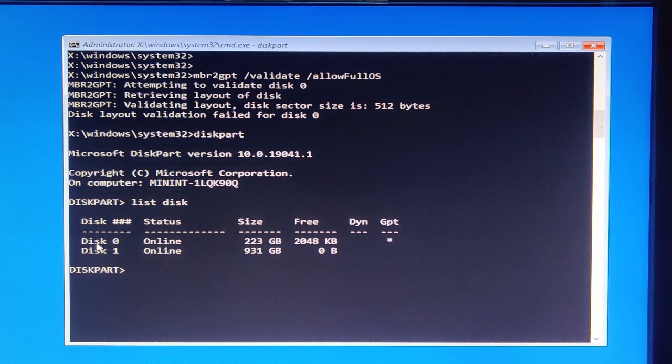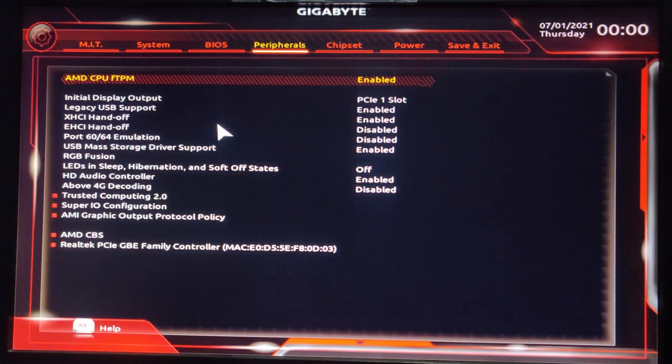Okay, so now let's go back to our BIOS and enable the secure boot from the BIOS section. We have already performed step 1, that is enabling TPM, and the second step, that is converting MBR to GPT. Do remember that this change has to be done only by those whose hard disk supports converting MBR to GPT partition style. If you're already in the GPT format, then you don't have to do this step. In the third step, you will have to enable the secure boot.